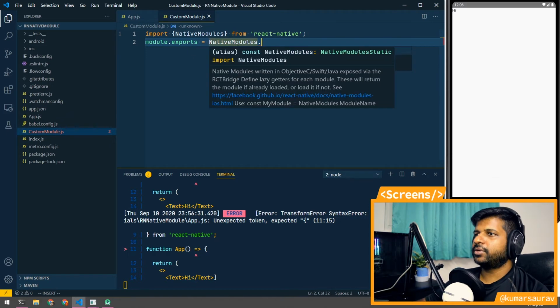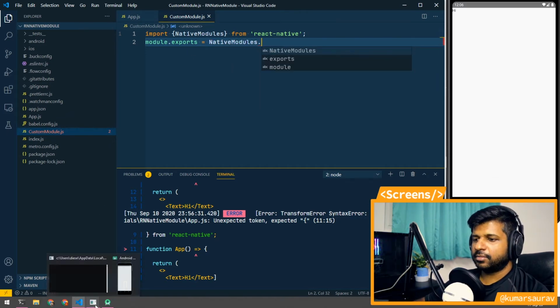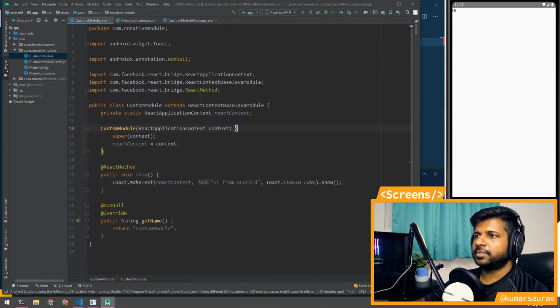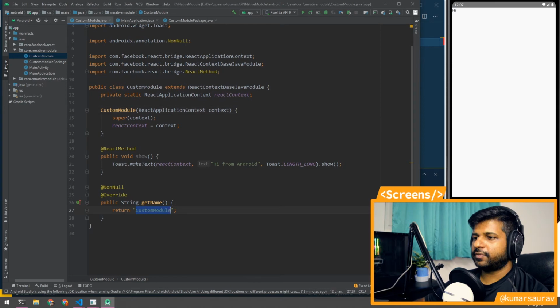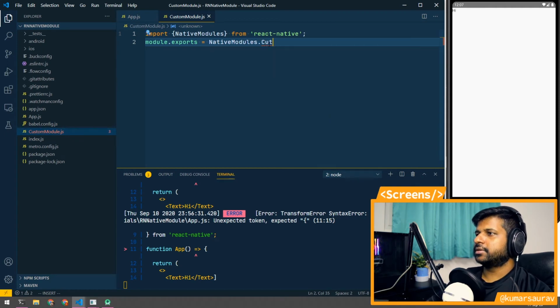Here we need to use the name of the module which we used here. This is the name which you have given here. We named it custom module, so we'll be using custom module here.